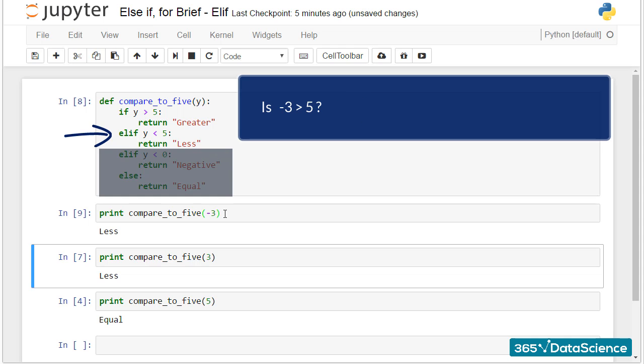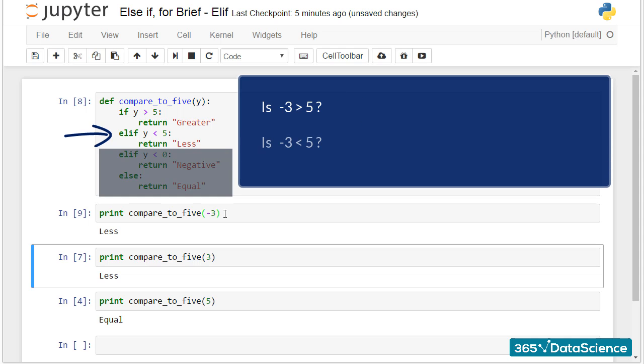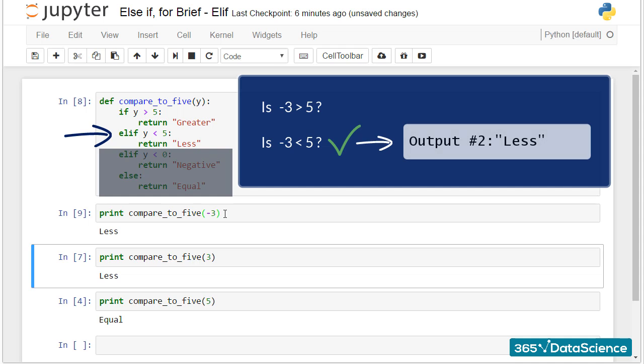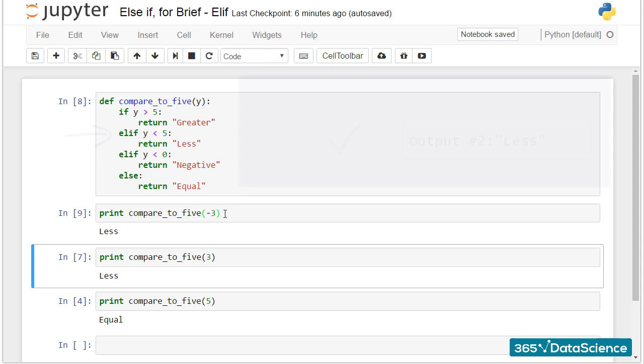Given we have other statements, it moves forward. So is y less than 5? Yes, it is. At this moment, the computer thinks, lovely, I got it. My number is less than 5. I satisfy what my programmer asked me to do. I print out less, and I am fine. And the machine stops there and does not execute a single letter of the code that follows in this block. The fact that you examine the cases when y is less than 0 or equal precisely to 5 have no application. They become useless. Whether you ask for the output of -3 or 3, you will still have to be satisfied with the less label.